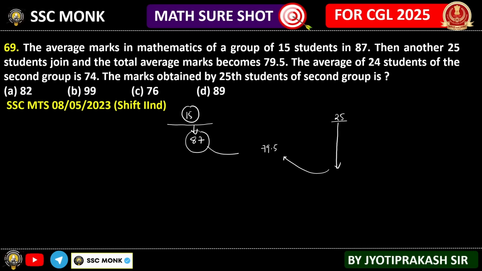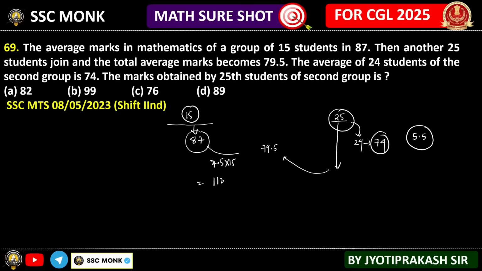Okay. Now when these 24 students are being discussed, their average was what? 74. So what was the difference in average? That is 5.5. And 15 students, 87 marks were there, and they contributed how much? They contributed 7.5 marks for each. So total mark contribution is equal to 7.5 into 15. 15 7s are 105, 15 5s are 75.